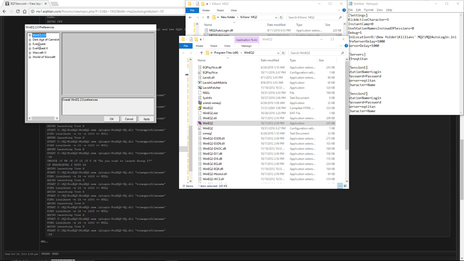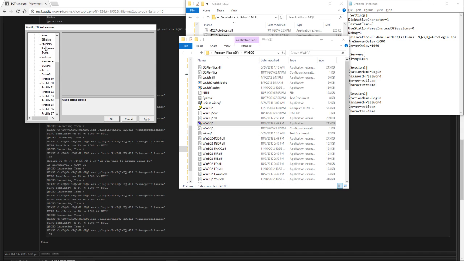Once that's done, go ahead and go down to EverQuest, expand it out, and go to General. Turn off all of these. None of them serve any purpose with the particular programs we're running, so you don't need to have them on. EQ Play Nice especially needs to be off. After that's done, and by the way, make sure to click Apply, go ahead and go to Profiles, expand them